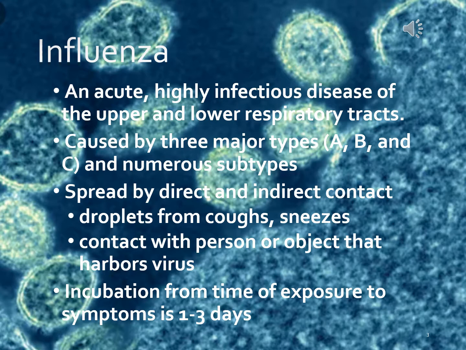Somebody coughs, sneezes, the droplet falls on something, they wipe their nose, they touch something, and then that object, doorknob, faucet handle, kitchen counter, computer keyboard, also has flu virus on it, and you can pick it up from there. Incubation time from time of exposure to time of symptoms